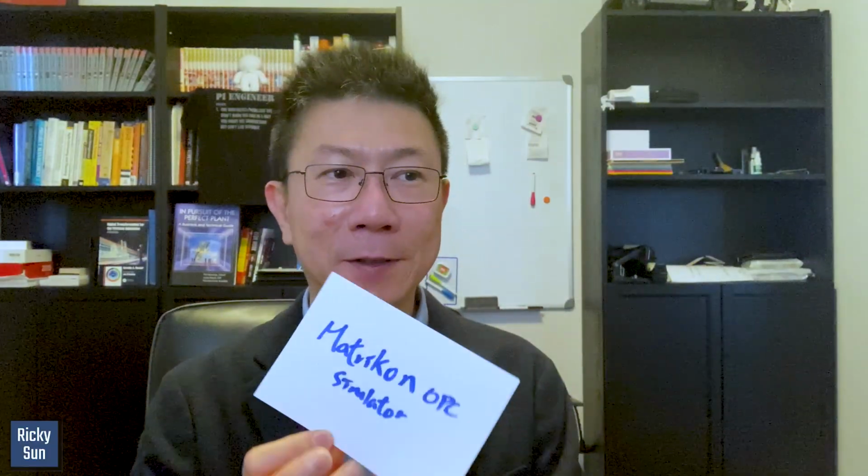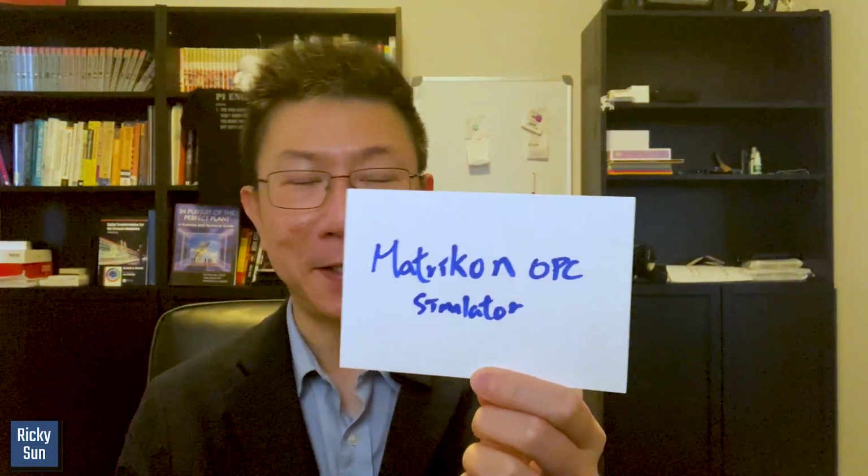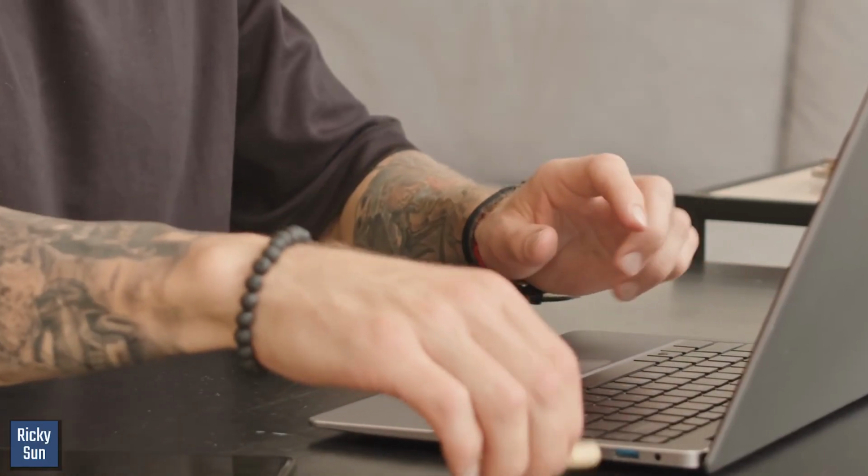When I was doing field surveys, I liked to download the Matrikon OPC server for testing. I go to the website and download it. It's free. I install it on my server, and it is able to create OPC data from the Matrikon OPC server. I think there are alarms and events and all sorts of different things that I could test as well. That's why I like it. I have to give it credit. It helped me so much in the past when I was in field service.